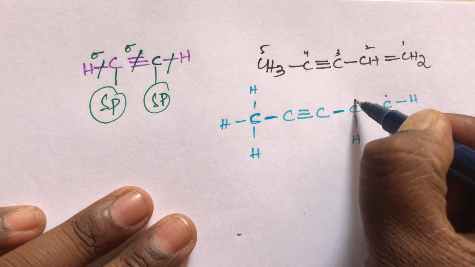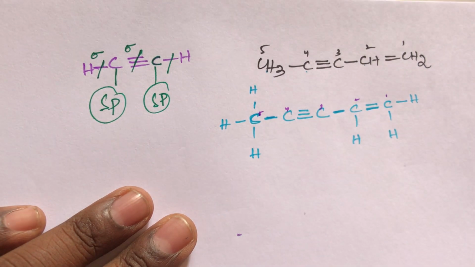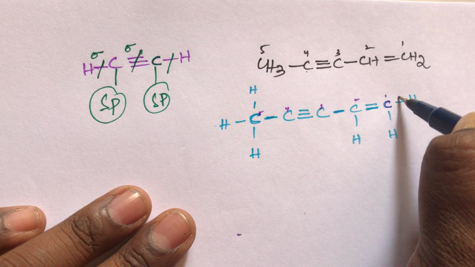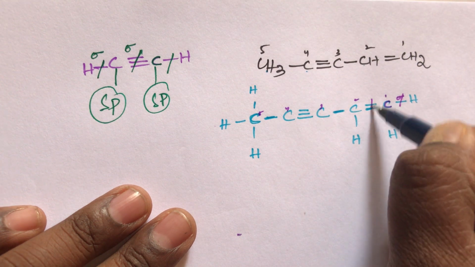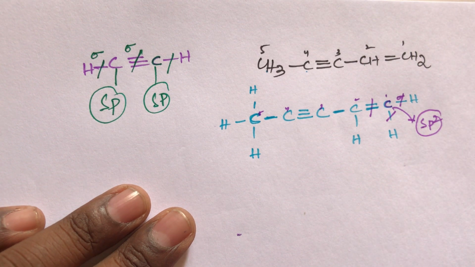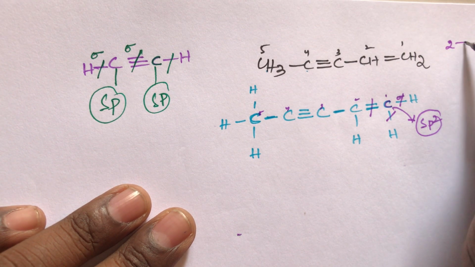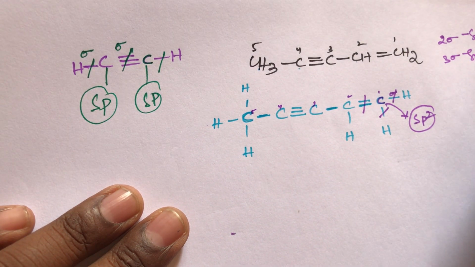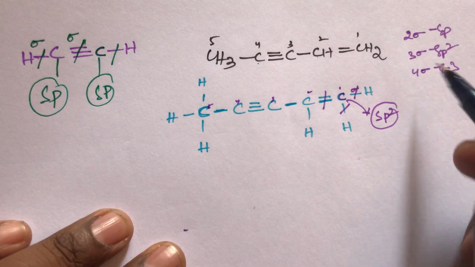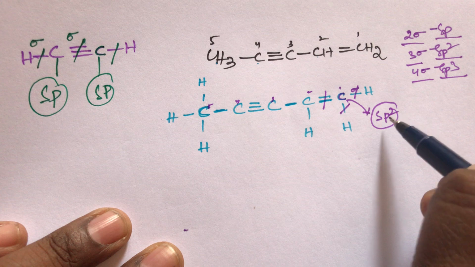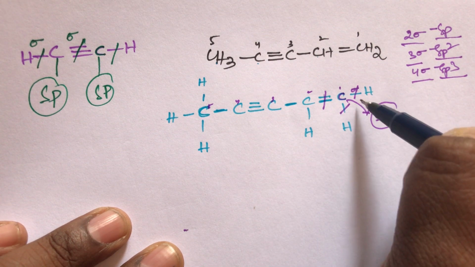This is the first carbon, second carbon, third carbon, fourth carbon, fifth carbon. How many sigma bonds are there surrounding the first carbon? Here also one sigma, here also one sigma, here also one sigma, here also one sigma. Total 3 sigma bonds are there. 3 sigma bonds, hybridization is sp2. I already gave it at the start: 2 sigma bonds are there, that is sp, and 3 sigma bonds are there, that is sp2. 4 sigma bonds are there, that is sp3. This is the order we know, student: 2 sigma bonds, sp; 3 sigma bonds, sp2; 4 sigma bonds, sp3. So this first carbon surrounding only 3 sigma bonds, so sp2 hybridization.